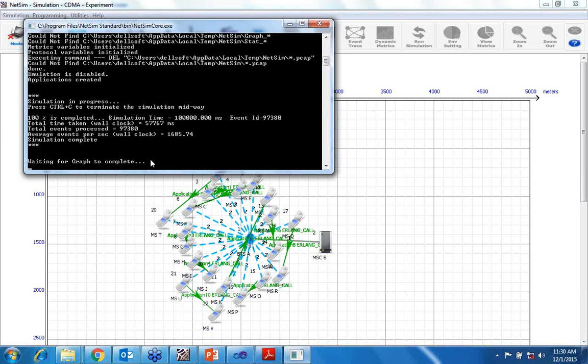So this graph is being created. We have chosen dynamic matrix, so graphs are being done.